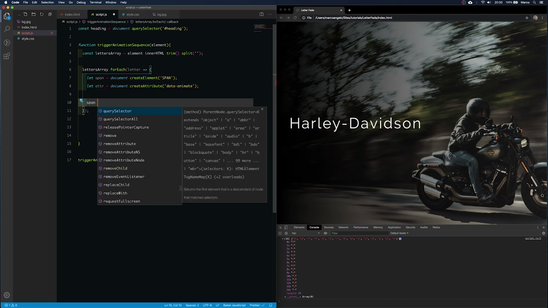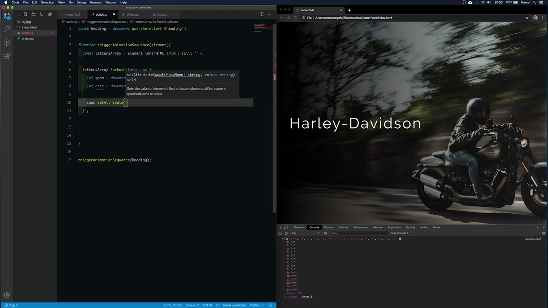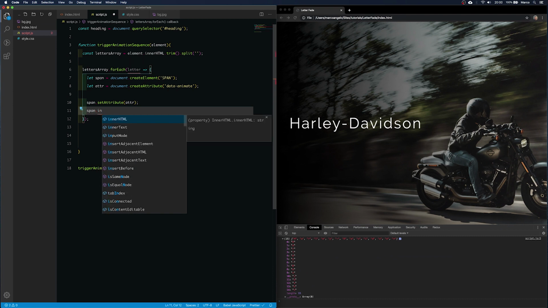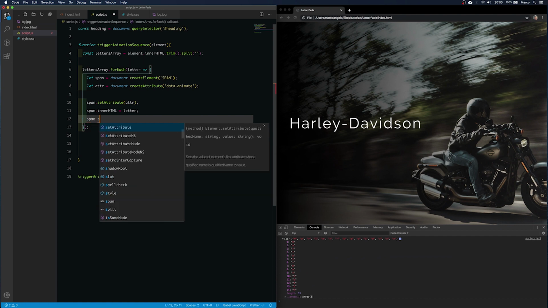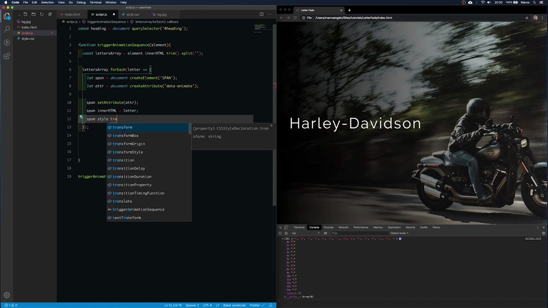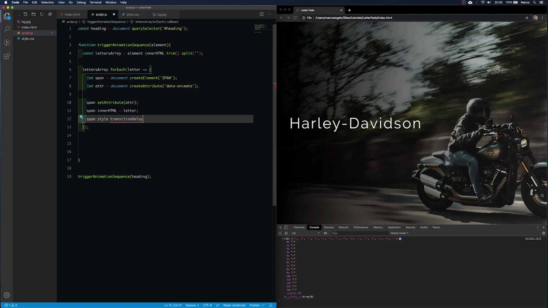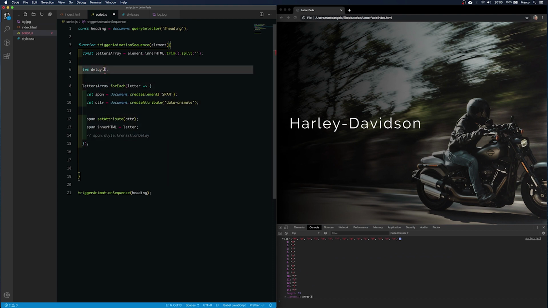And now we want to select the span and then set attribute. And then set the inner HTML of the span to the letter that's being looped over. And then we want to add some styling to it. We're going to give it a transition delay. Before we do that, we should create a delay variable starting at 0. In order for it to animate sequentially, we want to increase the delay for each iteration. So we're going to say span.style transition delay equals,